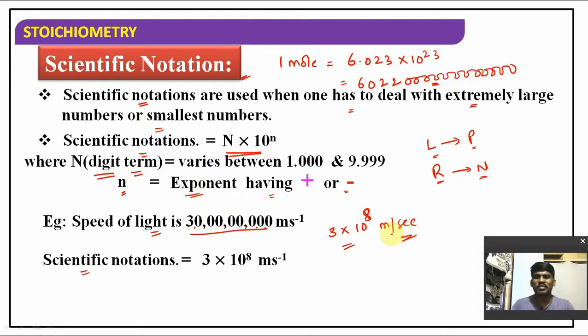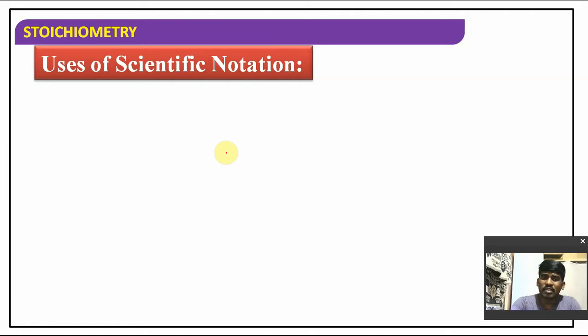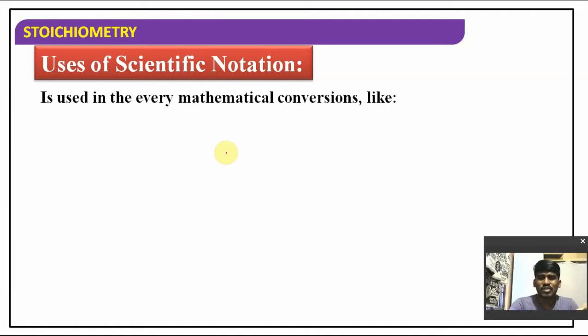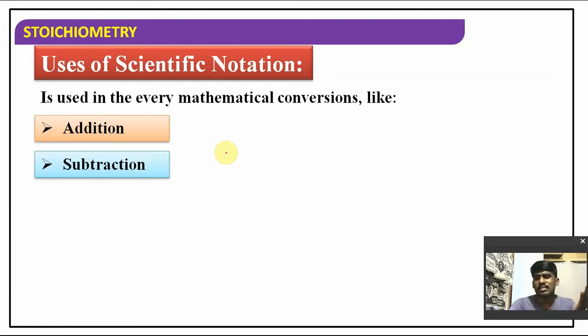That can be given as a scientific notation. Now see how easy it is. So rather than writing 3 0 0 0 0 0 0 0 something like that, simply you can say 3 into 10 to the power of 8 meter per second. That is a way of expressing a number in scientific notation. So any number, extremely large or extremely small, if you want to express it in scientific notation, it should be written like this: n into 10 raised to n. Yes or no? Or else it would be very difficult to write the number as well as to remember the number, right? So that's why we are using scientific notation.